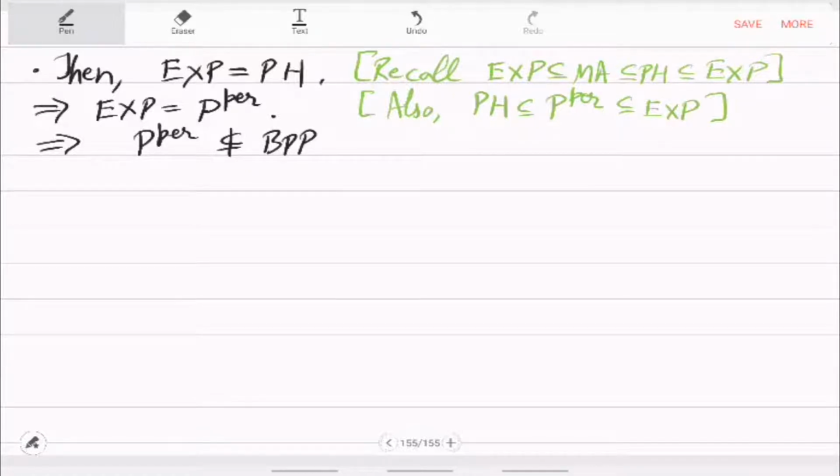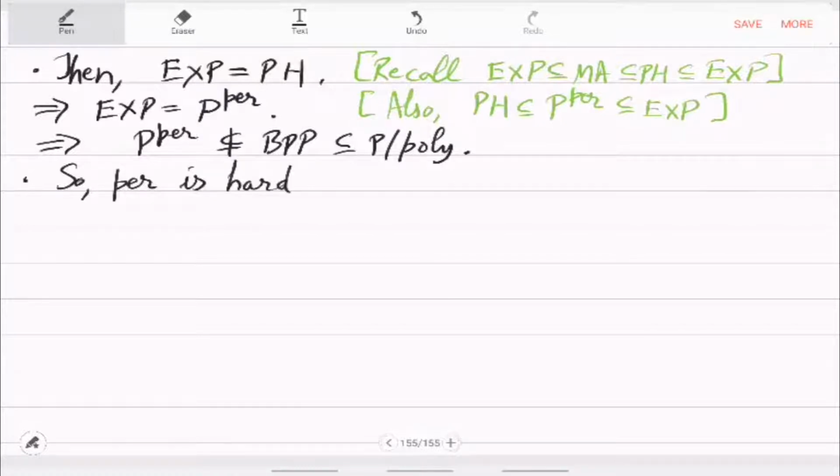And you know that BPP is in P/poly. So, we do have some hardness. In particular, if you look at permanent, this does not have poly-size circuits, it requires super poly circuits. So, it makes sense to use permanent in Nissan-Wigderson map and get a PRG. So, permanent is hard, and we will use it